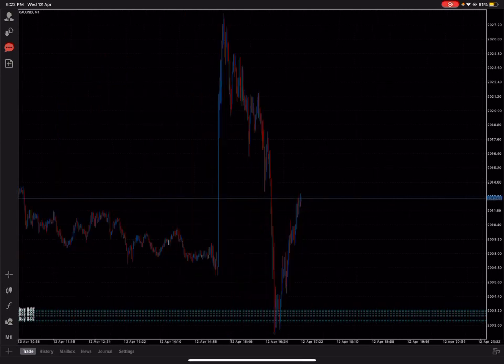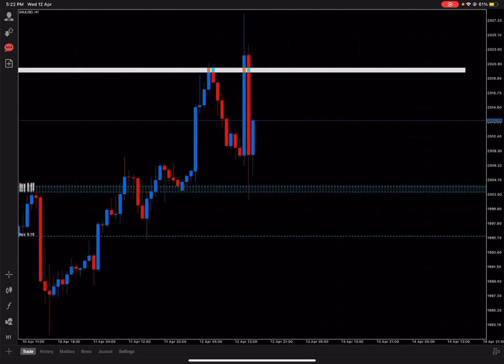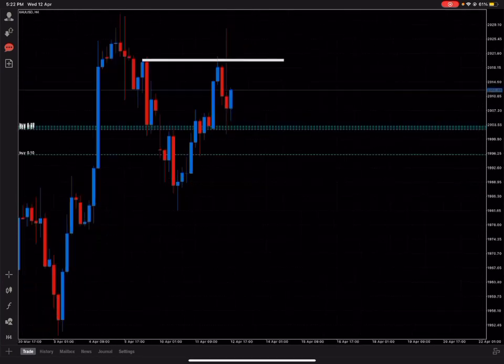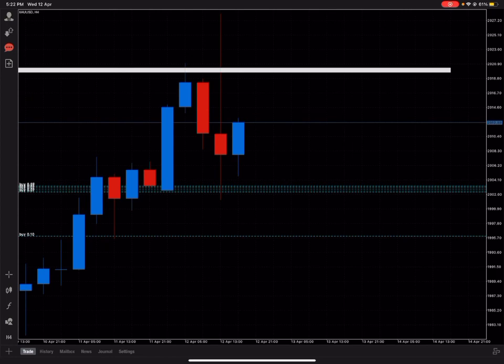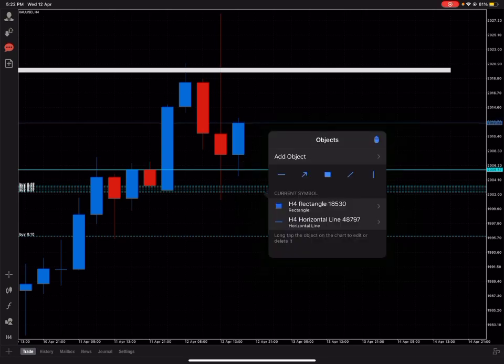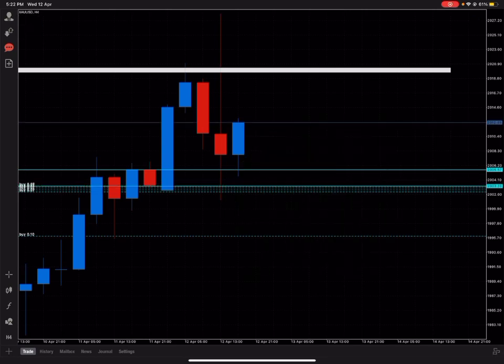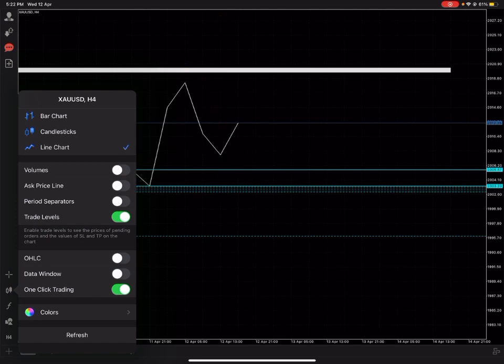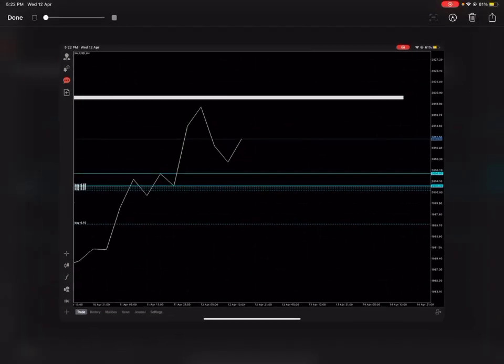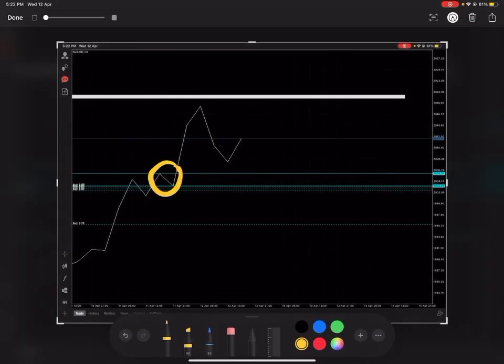Actually this is our zone to buy for CPI. I'm marking this, H4. This is for the previous one. I already shared it in the live session. I'm marking this one, H4 engulfing. How to define engulfing? Just turn to line chart and then you can see the V here. So we use it as a buy zone.